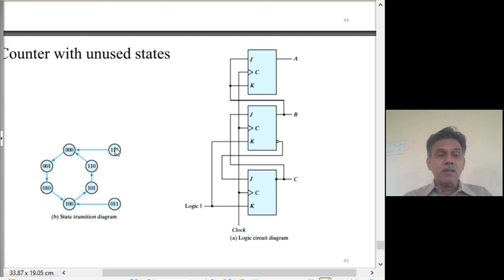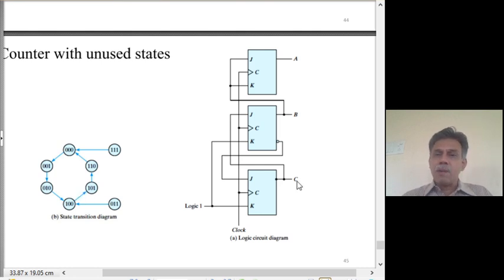So, this is a very dangerous one. The machine will not behave in a proper manner. So, if this condition occurs, you have to change your design. You have to go back and add this logic such that if it goes to any of these unused states, you safely return it back to one of the normal states of the state graph, so that there is no problem. So, this is a very important step that you have to do.